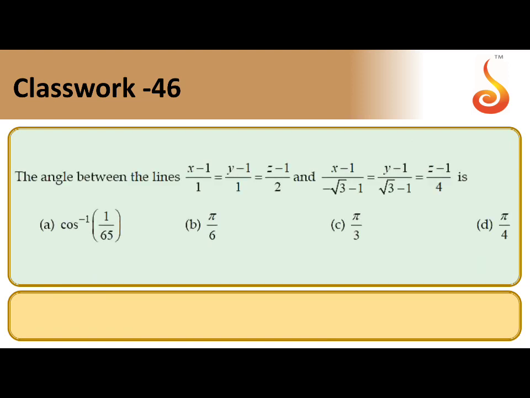So next question. The angle between two lines. The angle between two lines is cos theta equal to a dot b by modulus a into modulus b. A is this one, b is this one. So directly we can solve the question. We'll do it in the next page because it's a little long. Here a bar is i plus j plus k, and b bar is minus root 3 plus 1 i, root 3 minus 1 j, plus k bar is 4k.